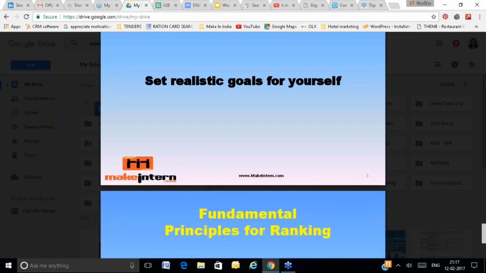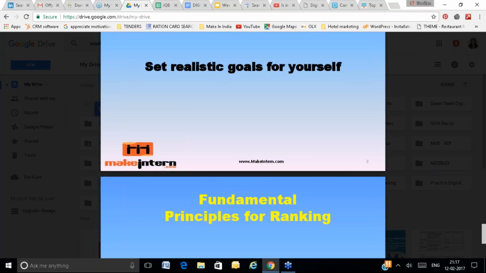Set realistic goals. If you have done the competition analysis and your competitor has 5,000 links, don't try to get 5,000 links in one night. Distribute your work so that you acquire 5,000 links in 6 months rather than giving all the focus in one day.